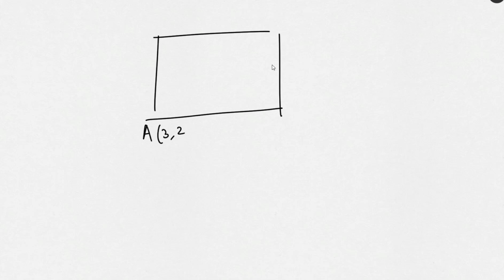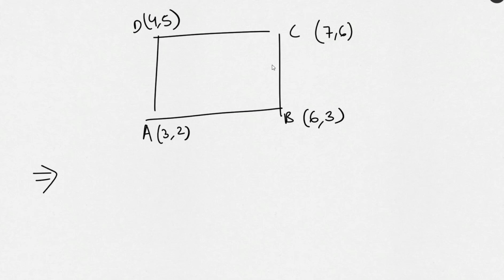The point A is (3, 2). B is (6, 3). C is (7, 6). And D is (4, 5). So what do we have to prove? Is this a parallelogram or not? To prove that it is a parallelogram, we have to prove that the diagonals bisect each other, that is, the midpoints of the diagonals meet at the same